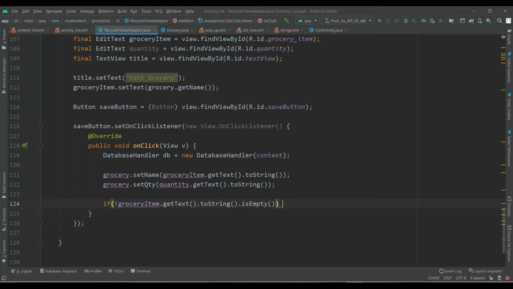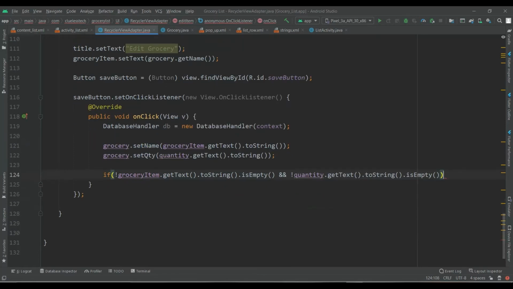If grocery item is not empty and we will do the same for the quantity, so not quantity.getText().toString().isEmpty(). If both the values are not empty, then db.